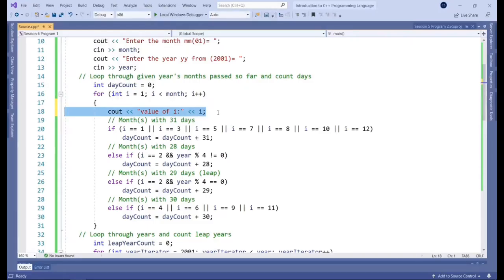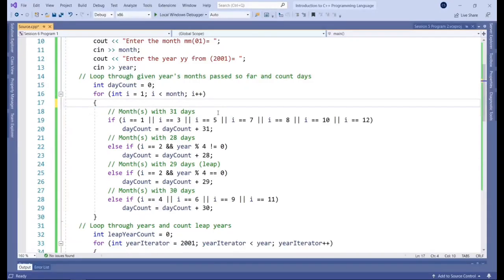So that's something that I would recommend. You can also play around with the initialization. So if you want to set this to 15 and see how that affects the outcome of your code. If you want to change the end condition, so if you want to do month plus 1, you will see that it ends up finishing 1 month later than entered.